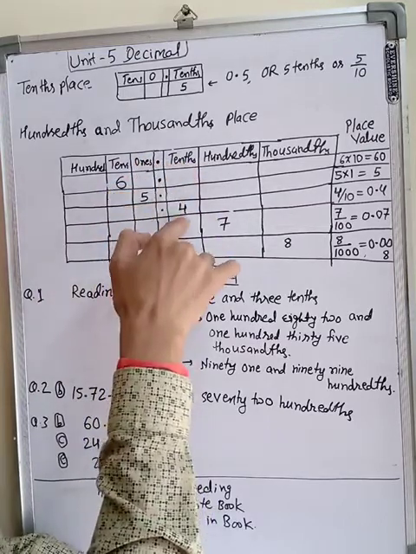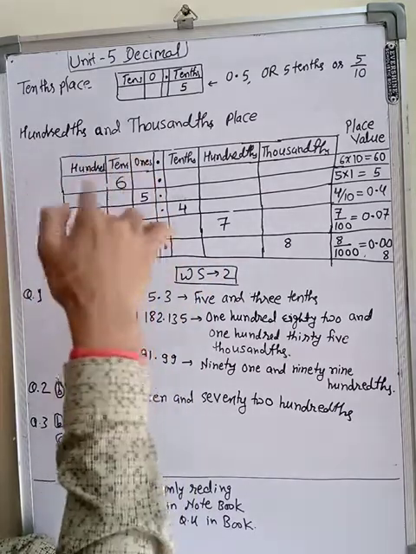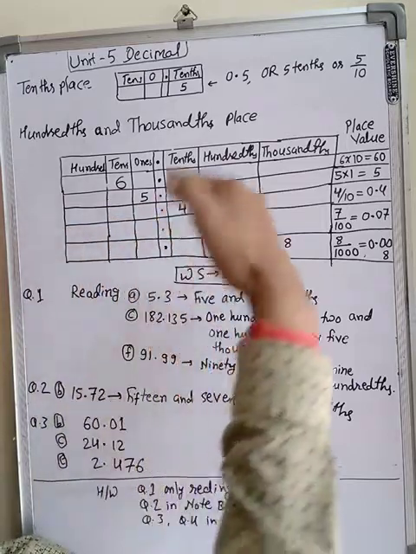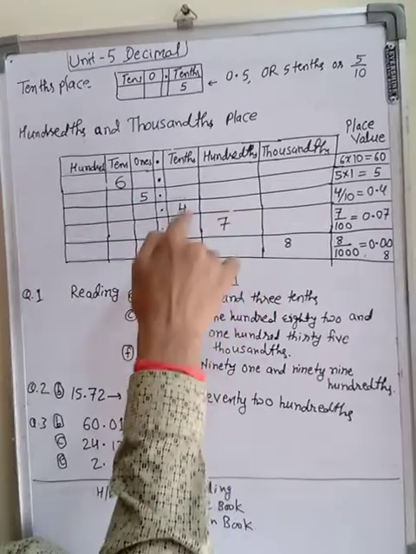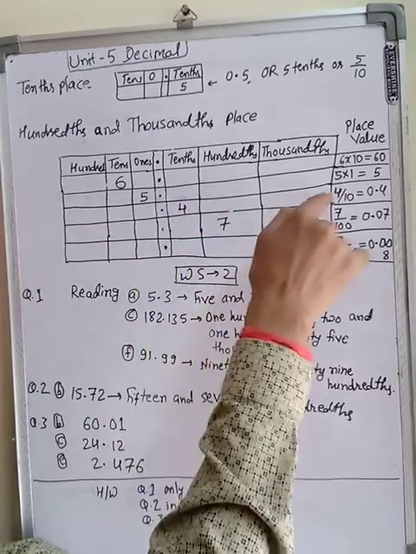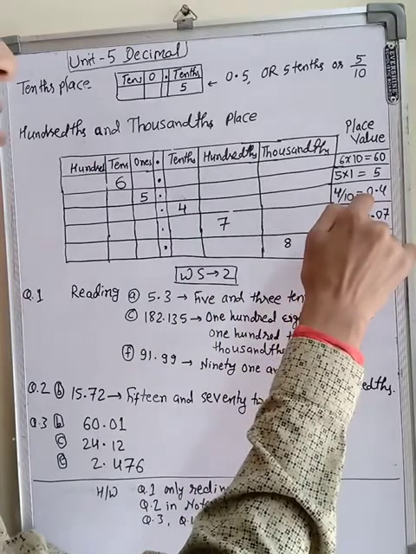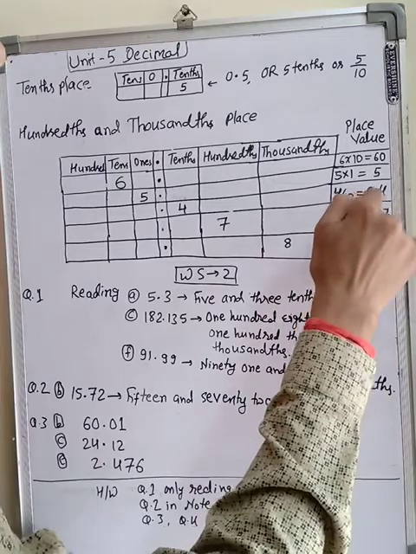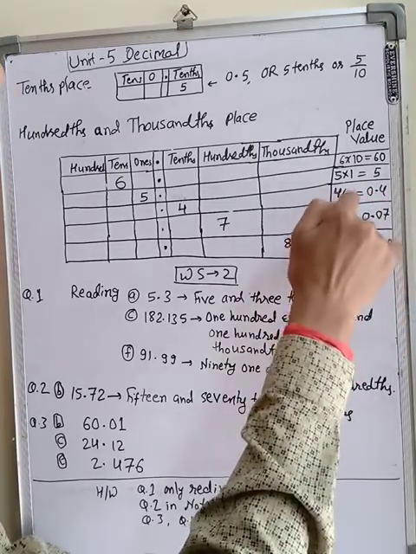So when we go to this side, we are multiplying by 1, 10, 100, 1000. And when we shift to this side, we divide instead of multiply. We will divide this by 10, 4 upon 10. So its place value will be, and how do we read this? 0 and 4 tenths, or 0 decimal 4, that is the reading part. And this is 4 upon 10.